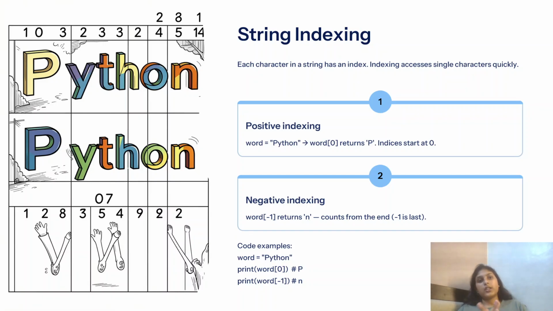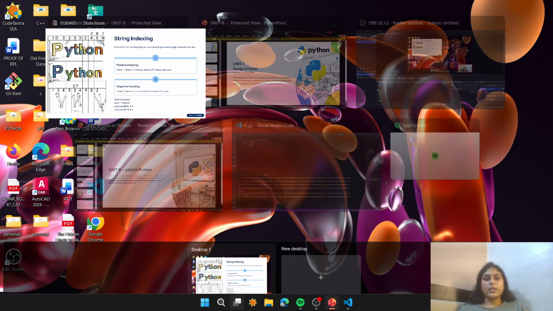Now, string indexing. This is a new topic to you. What does indexing mean? We assign a position value to each character of the string. Each character in the string has an index or a position value, which is very helpful in accessing them easily. For example,